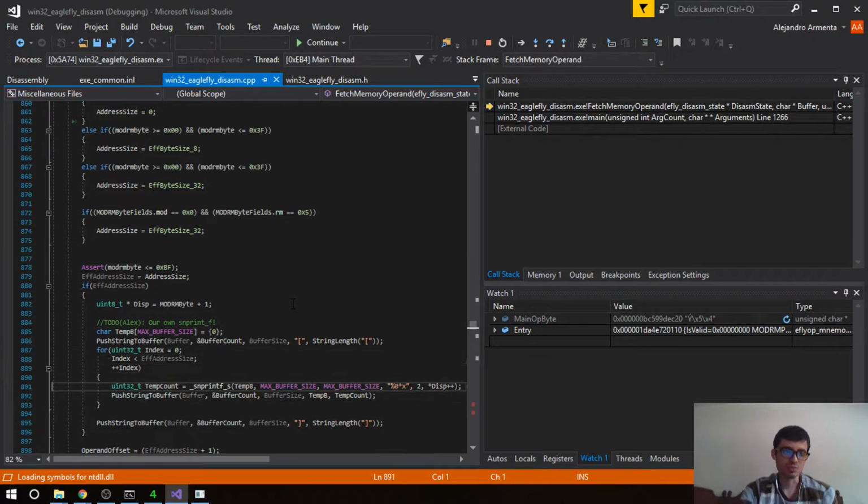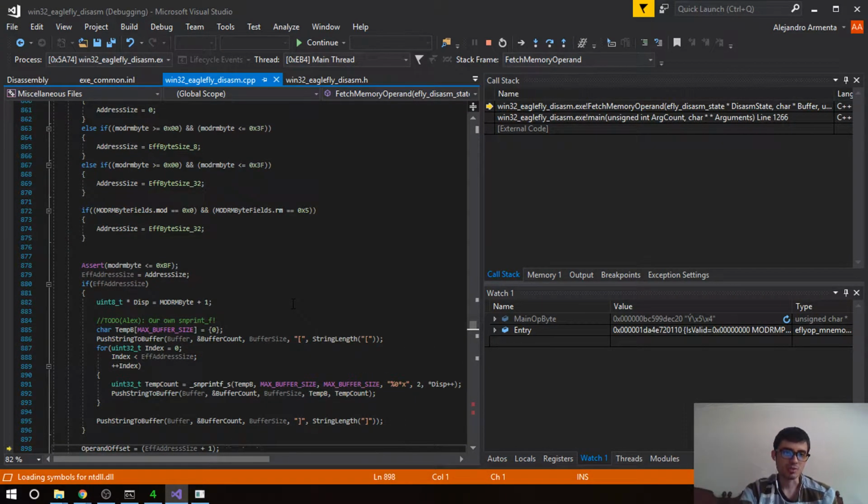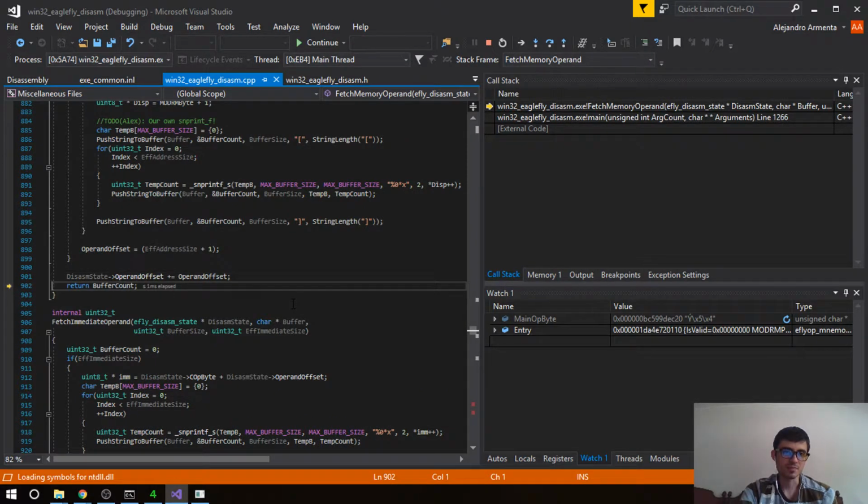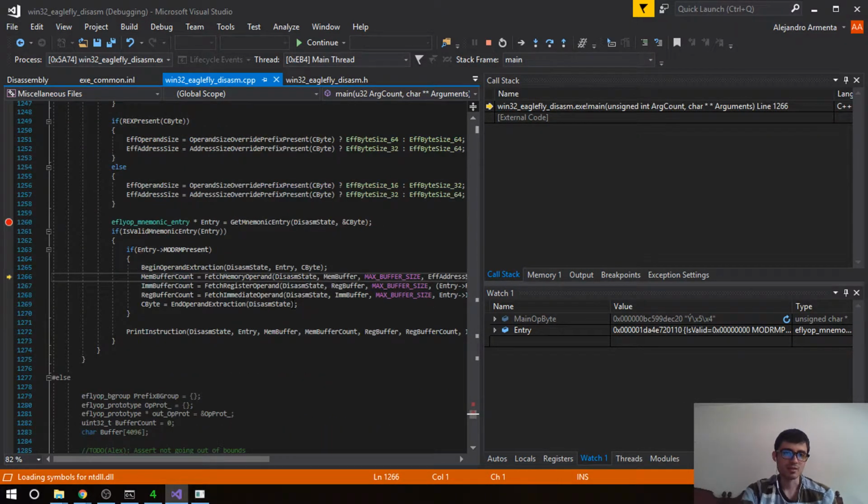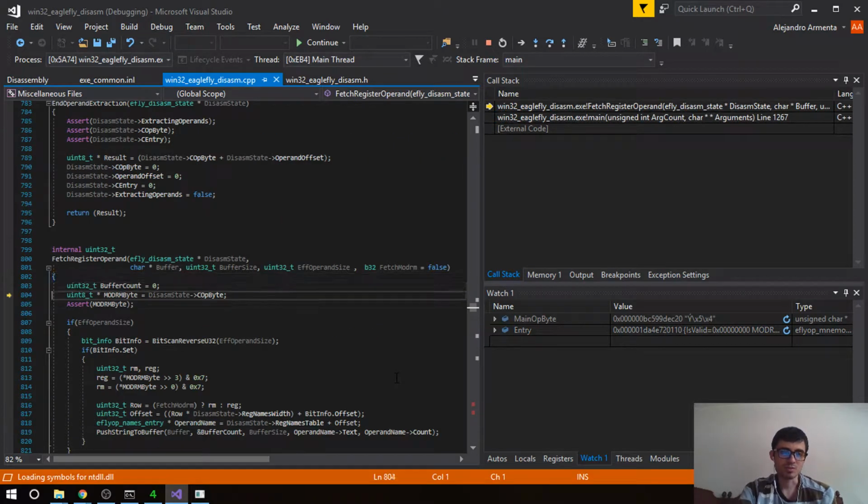So that's pretty much normal. We can just go out, return buffer count, and there you go. Now my buffer is 04000. Now of course this is bad because it should be the other way around, you know, since it's little endian the way it's encoded. So I'm gonna do that just after we see the printed out, you know. We go to the immediate